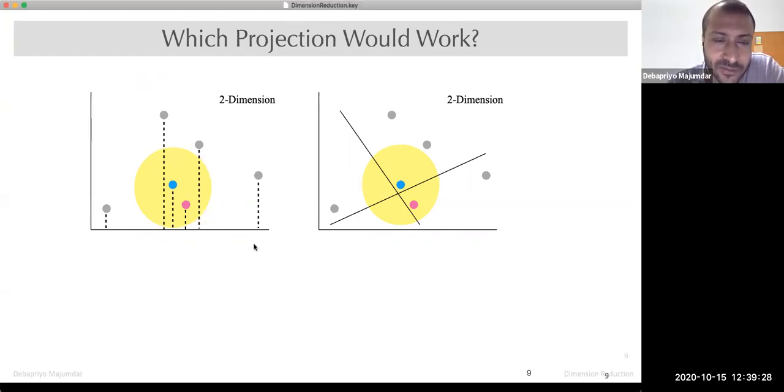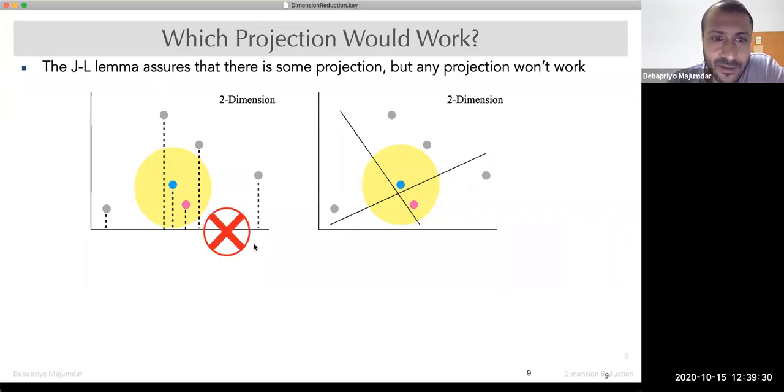So here you have 2 dimensions. If we simply project onto 1 dimension, this doesn't work. We have already seen that. But maybe this one will work, or maybe this one will work. So let's actually try to look at it. So here, if we project onto this line, then yeah, it looks like things are kind of okay. These two are close, so these two will become close here. But no, these two are far apart, so it doesn't look very good, right? Maybe this one works better. Yeah, these two were already close, so they will kind of collapse on here. These two are also not so far apart. So something like this might happen.